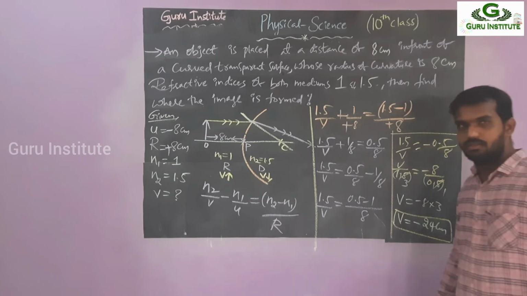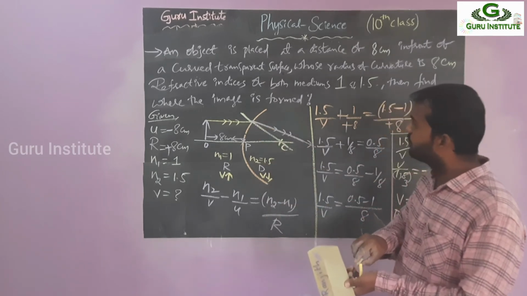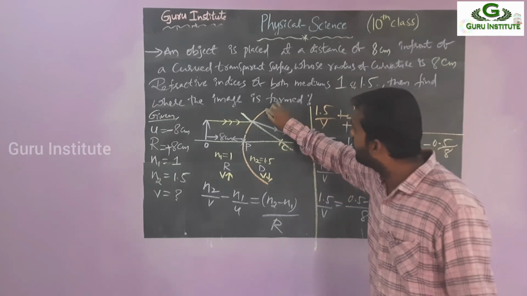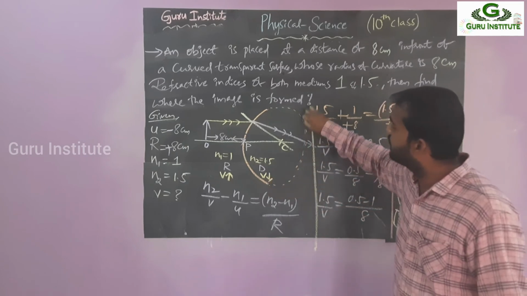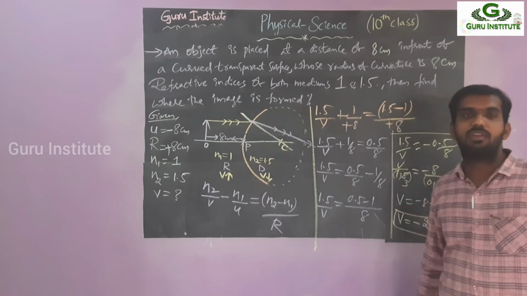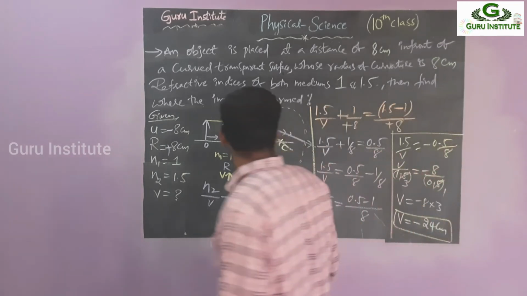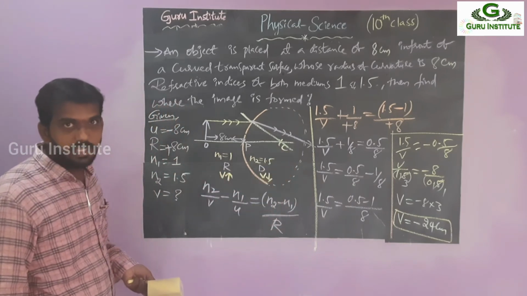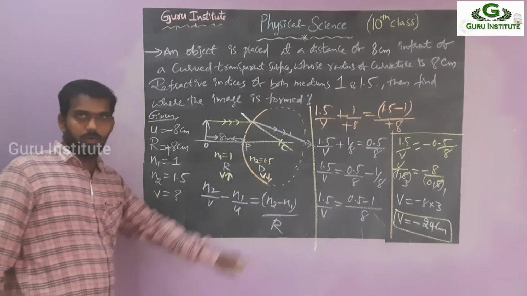Whether it is right or wrong, we have to check it. Just see here. Suppose you continue this one and close it as a sphere, then what is this C? This C should be the midpoint, that means the origin. Say yes or no? This C should be the origin.